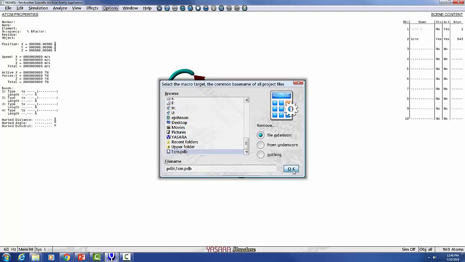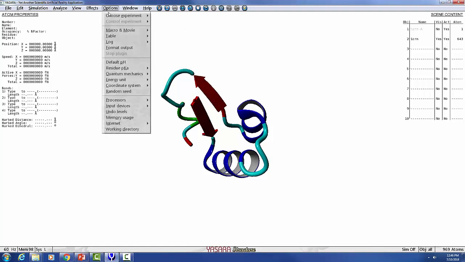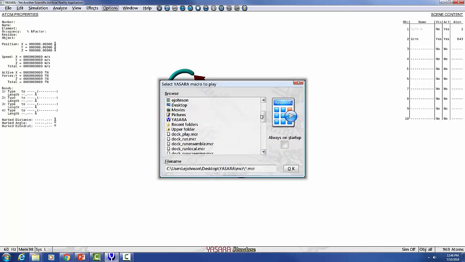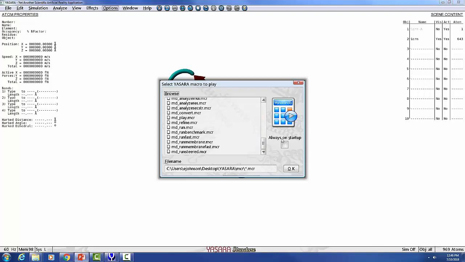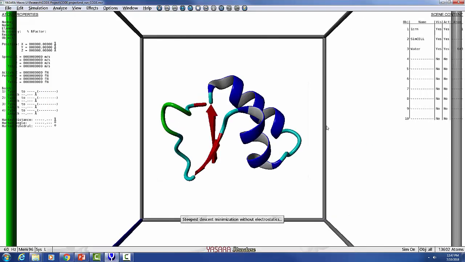So I'll set the same protein as the target, and then we go again to options, macro movie, and then play macro. All right, and so then you could find that MD run code MCR. I have this right here, and you press OK. All right, and then it'll start